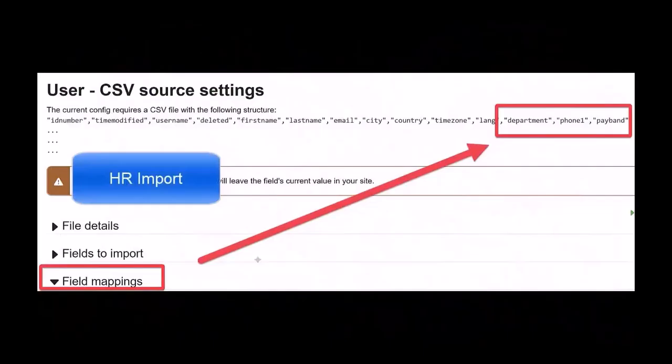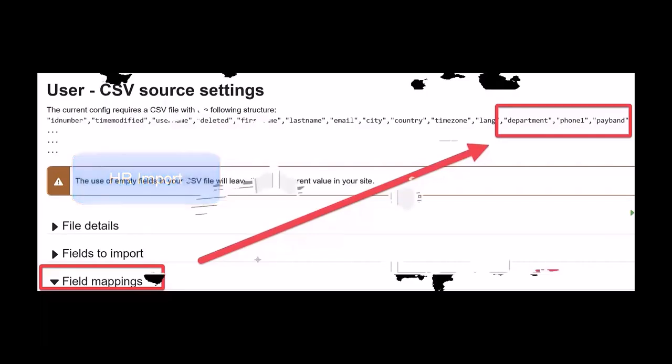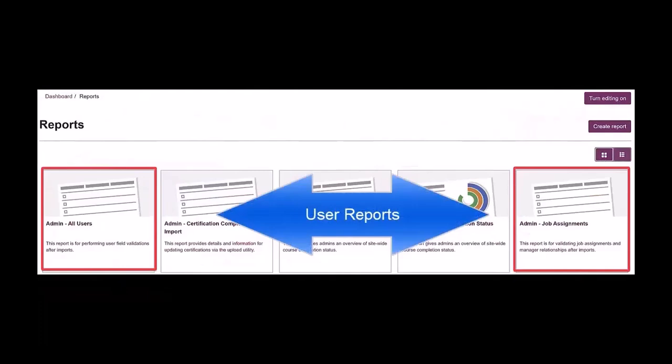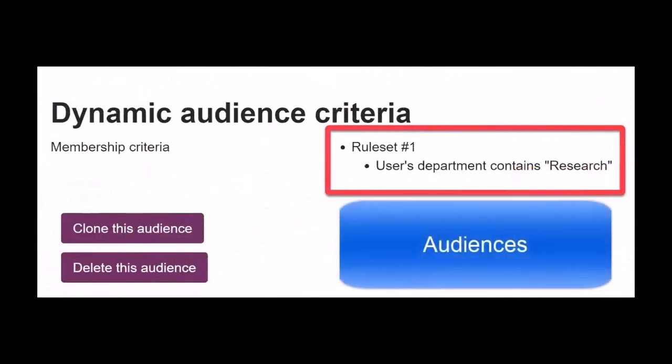Additional user data is being pushed from an HRIS system and must map directly to Totara for a clean import of a company's user database. Or additional user data is needed to filter reports, or additional user data is needed to group individuals into appropriate